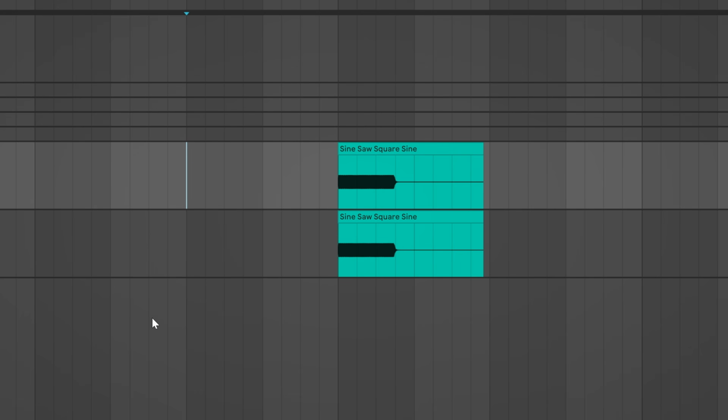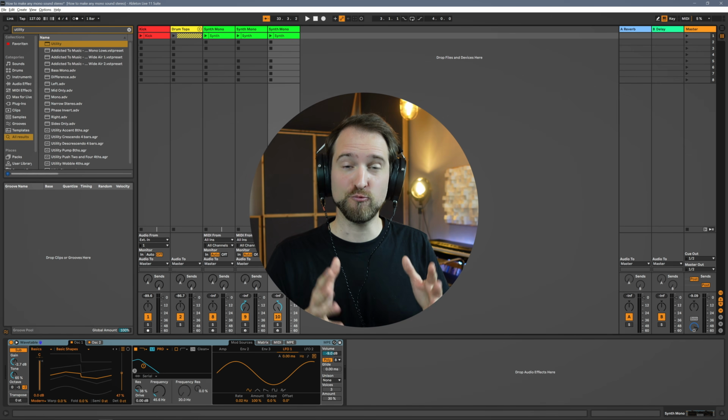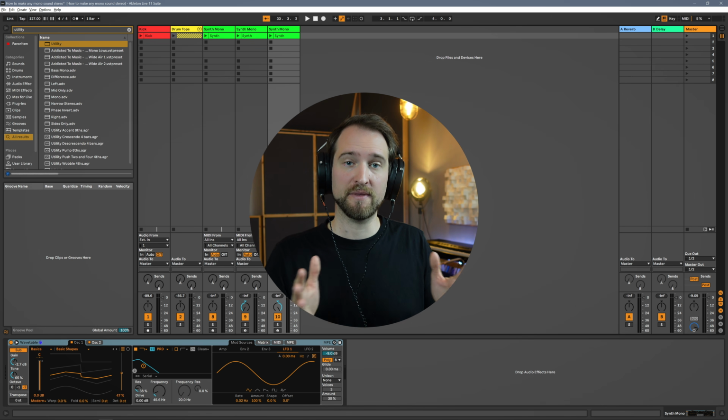One of them is panned left, one of them is panned right. But it still sounds completely centered because here the information from left and right is exactly the same. All right, now I'm going to show you how you can really turn something mono into something that sounds stereo